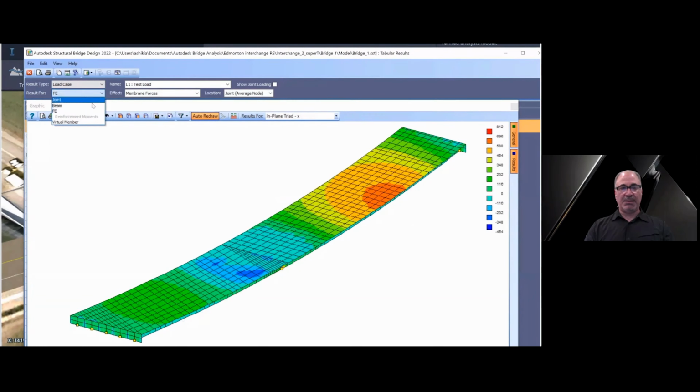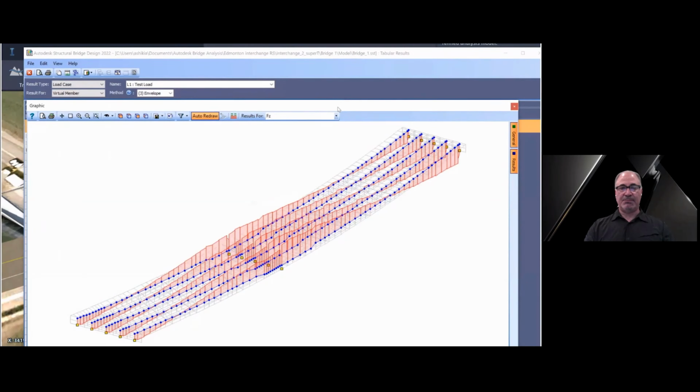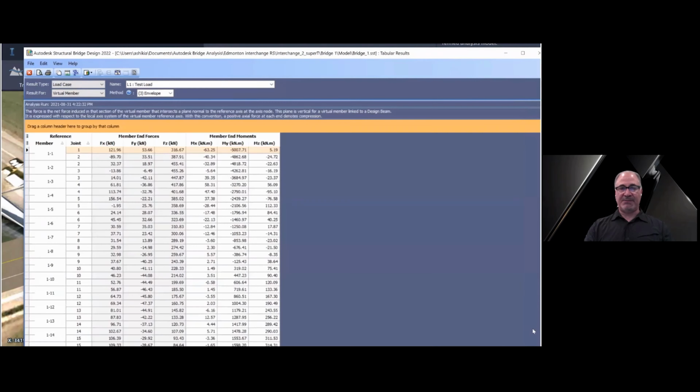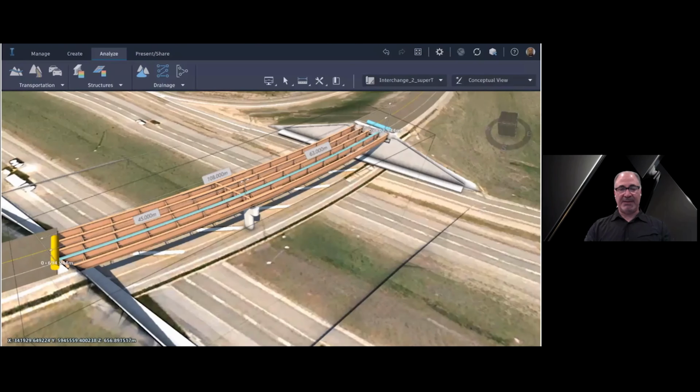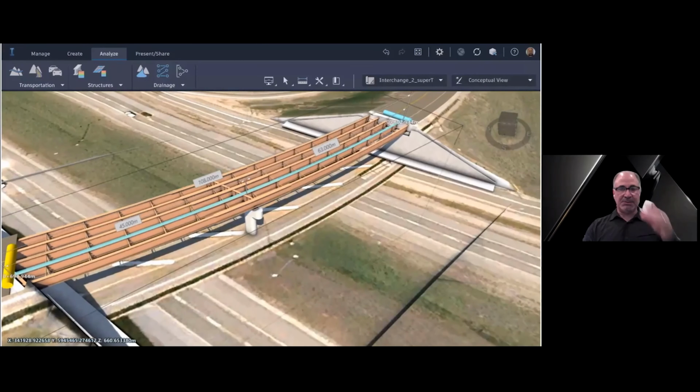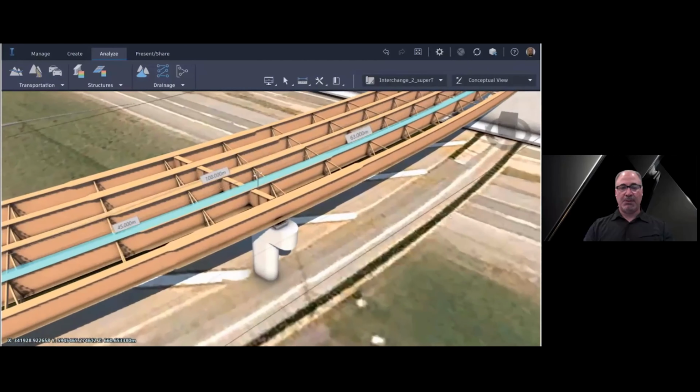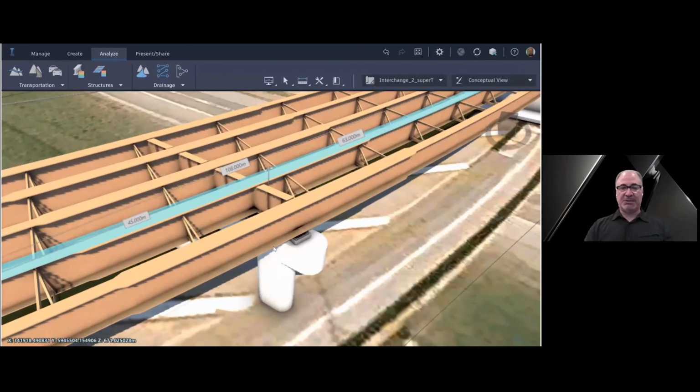We integrate all the stresses so that you have moment and shear diagrams along these virtual members, even though this is a complex finite element model. At the end, regardless of method, whether it's grillage, offset girder, continuous beam model, line girder, or FE, we can always have access to all the envelopes of moment and shear diagrams.